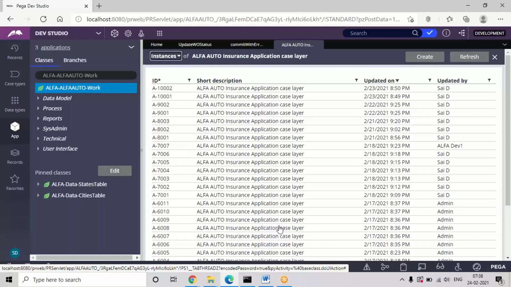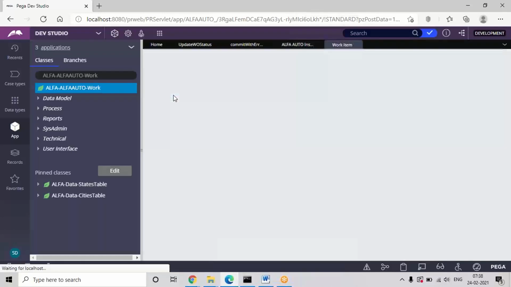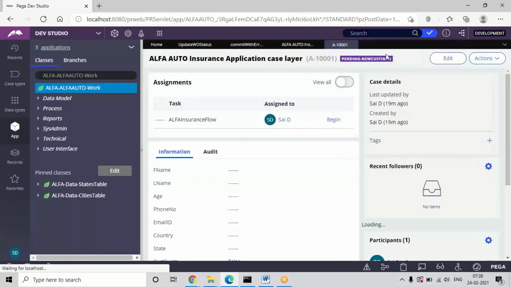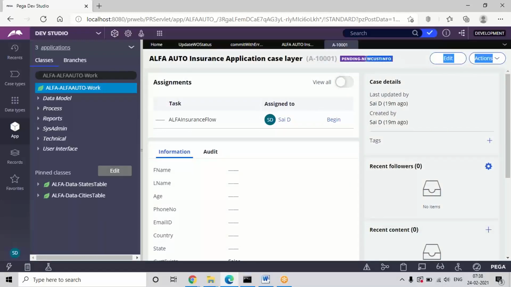There are many other IDs, but if you check one ID, automatically we can understand whether it is updated or not. So I'm going to open A-1001 in my application, and you can see the status. It is showing the new status: pending hyphen new customer info. Any old records we have with pending customer info status will all be updated to the new status value.